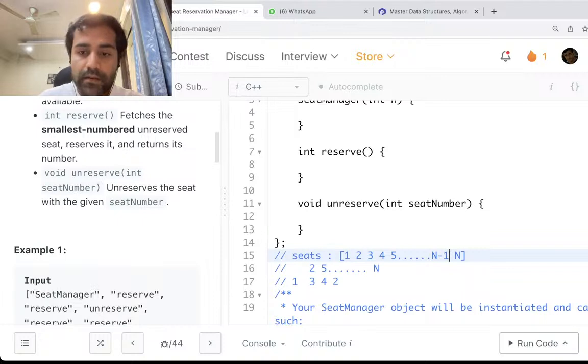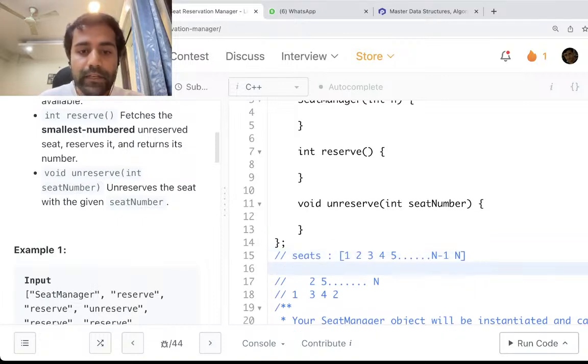Now whenever a reserve method is called, I'm going to just return the first such seat which is not occupied yet. So maybe I can return this 1, and after returning this 1,